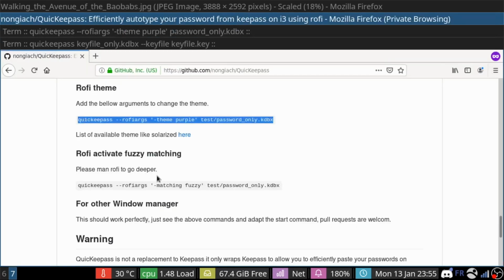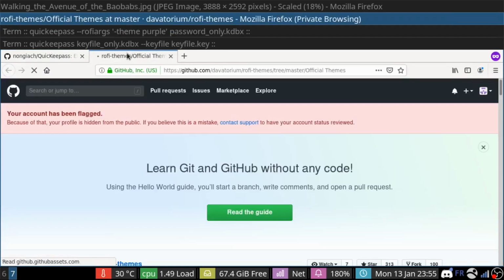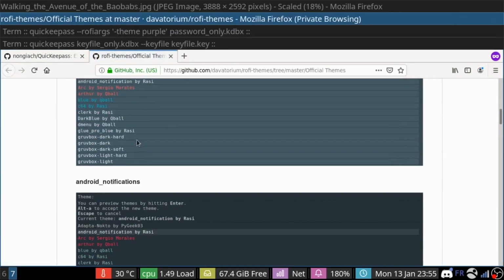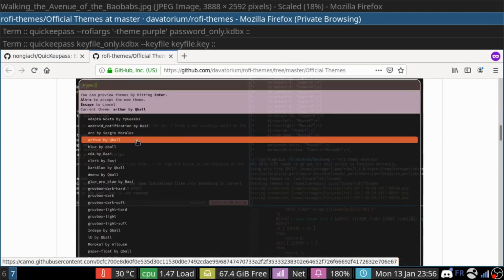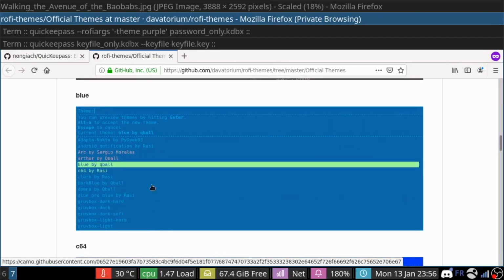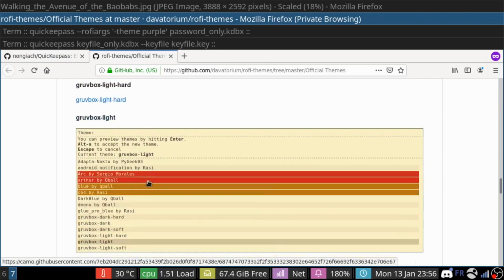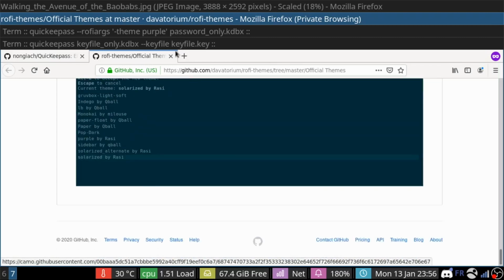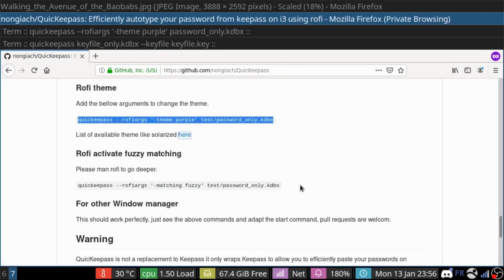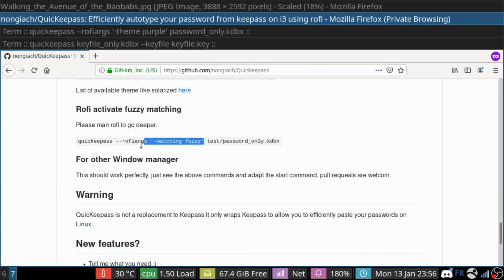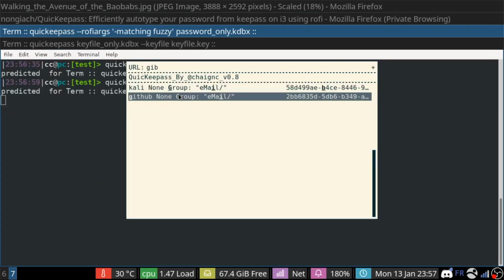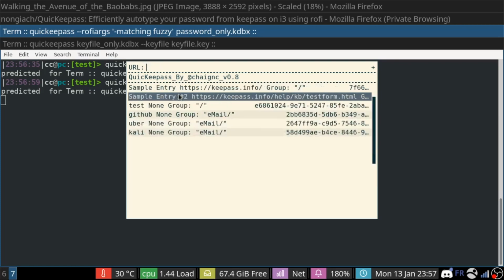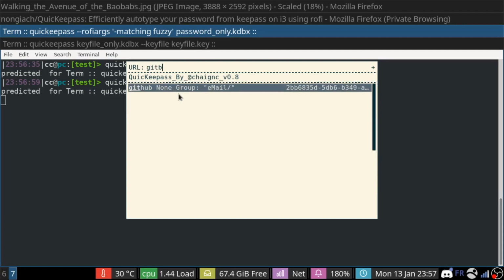There is a bunch of different themes available, because we just use Rofi for that. Here you see the different styles that you can use. You can just choose one. I use the default. And then you can choose how the matching works, if you want to use fuzzy matching, for example. It's not really strict in the way it matches. So for example, if you make a typo on GitHub, it will still match GitHub.